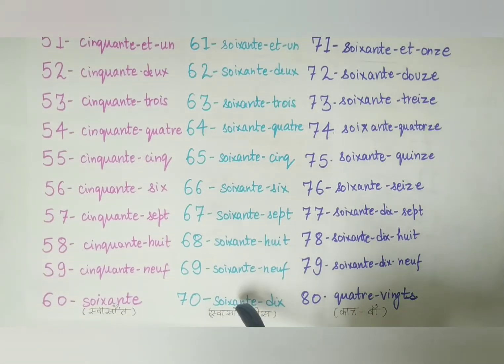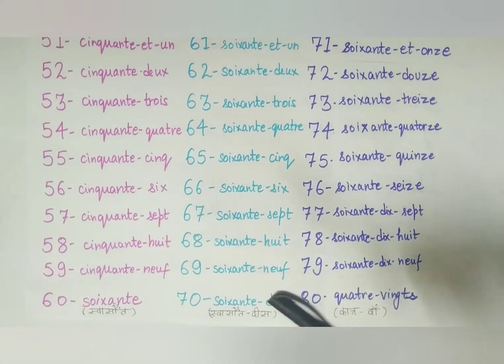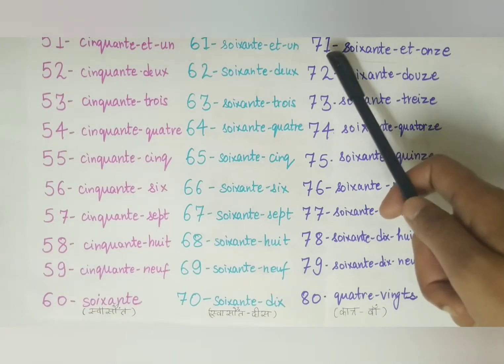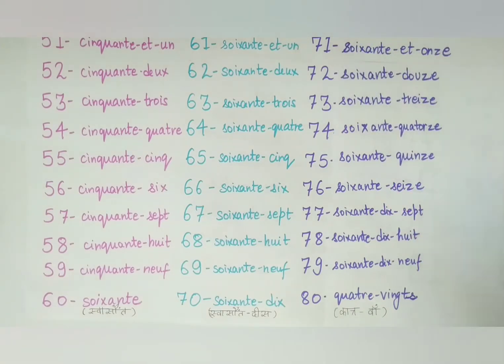We know 60 is soixante and this is dix, 10. We know what comes after 10, right? After the number 10 we have 11. Similarly here also after 10 we will get 11. 11 is onze in French, right? So 70 is soixante-dix, and for 71 we will say soixante et onze,